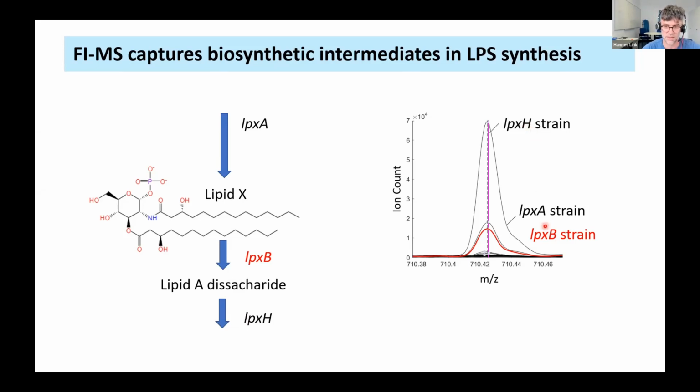But what is actually surprising is that if we perturb upstream of the pathway, LPXA, we also get an increase of a downstream metabolite. And this is a bit of a paradox, I think, but we can explain it at the moment because we see that the cells are actually regulating against the pathway. So a knockdown can actually lead to an upregulation of the whole pathway. And that's why we might see this increase of lipid X. But it could also be, again, that we just have some fragments that occur from another metabolite. And then what I can also say is down here, these are also some other targets, these little increases here of genes that are involved in membrane biosynthesis.